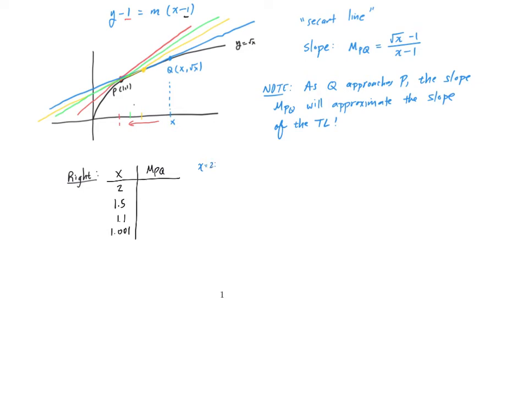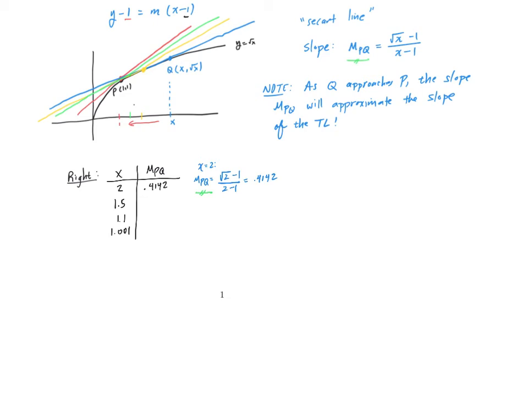So for example, when x is equal to 2, MPQ is the square root of 2 minus 1 over 2 minus 1, where we're using this above formula. And if you just simply plug this into a calculator, this would be